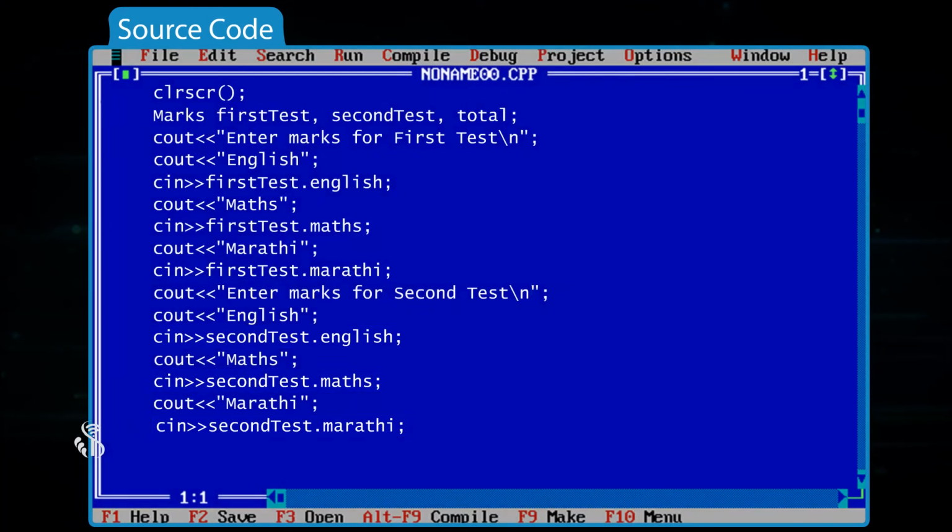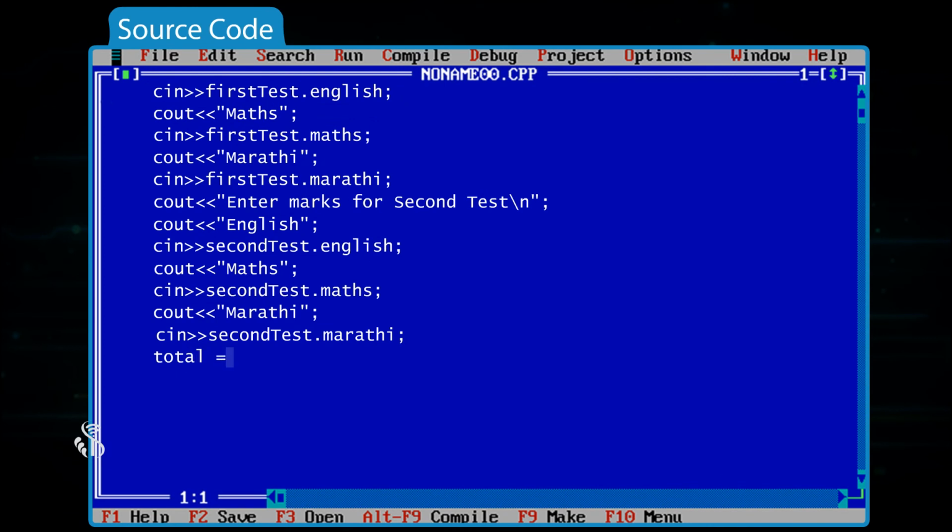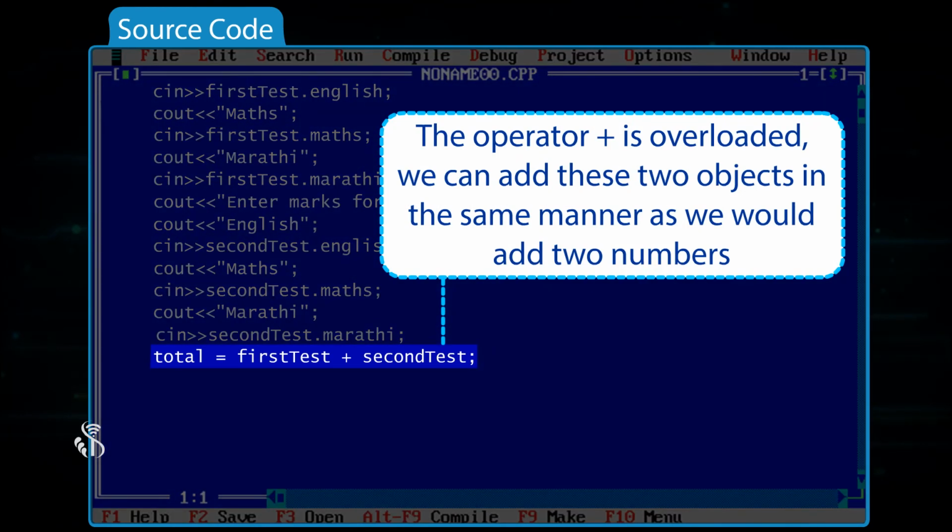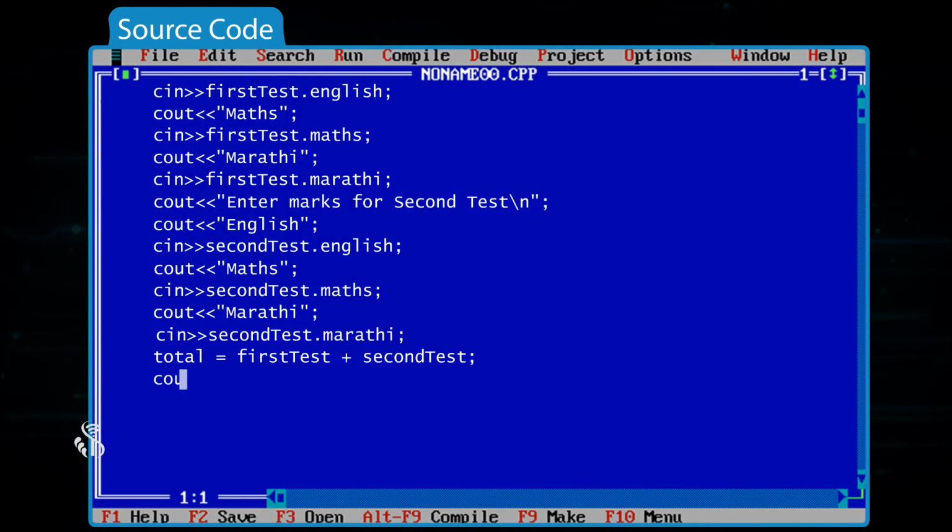total = firsttest + secondtest; Since the operator plus is overloaded, we can add these two objects in the same manner as we would add two numbers. cout << "total in English is" << total.English << '\n';